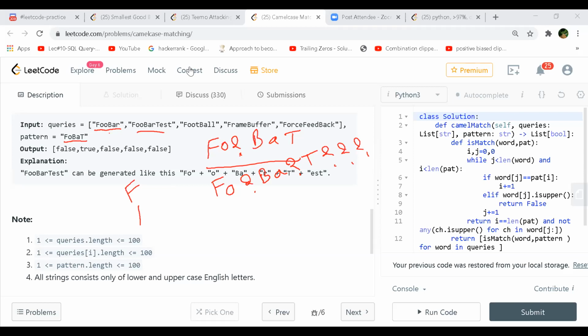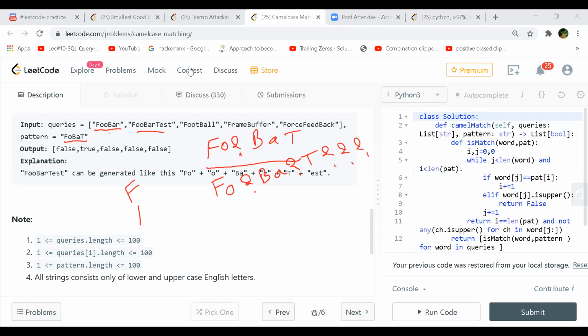So what if we keep the pattern in the try? I think there is a solution. Yeah, if you put a pattern in the try and the way he's putting the question marks, wherever there are question marks, you can actually ignore all the lowercase letters which are in the query, right? So I'm saying that if we keep the pattern in the try like FOBAT, then search queries one by one, like in the foobar test. Let's say the second one, foobar test. You got F matches with the try, right? Try first node, root node. Then you match with this second O, right?